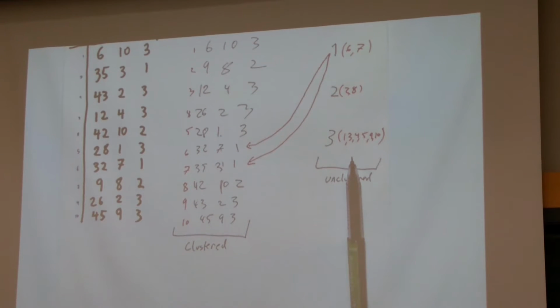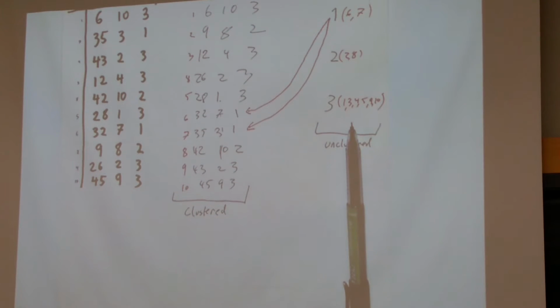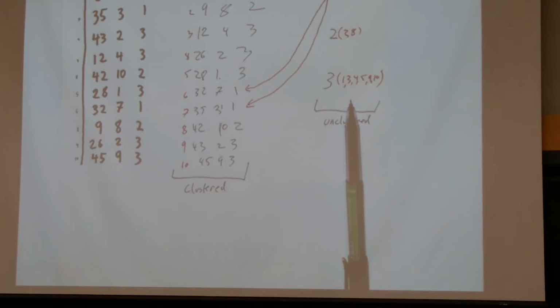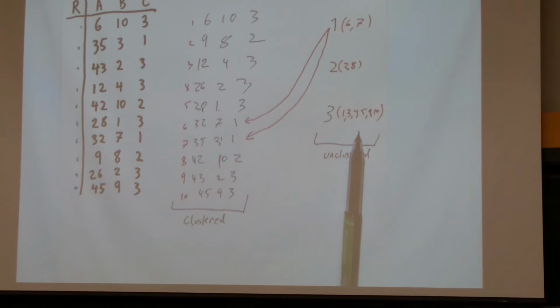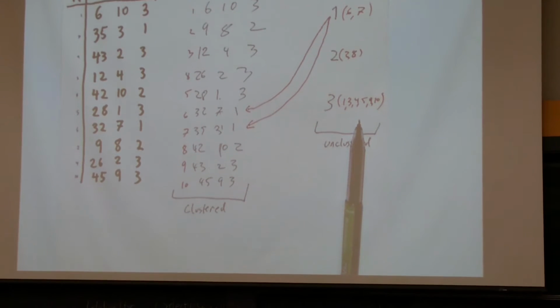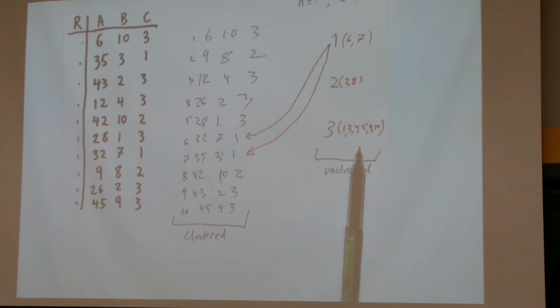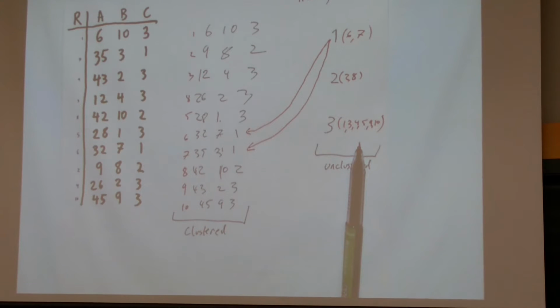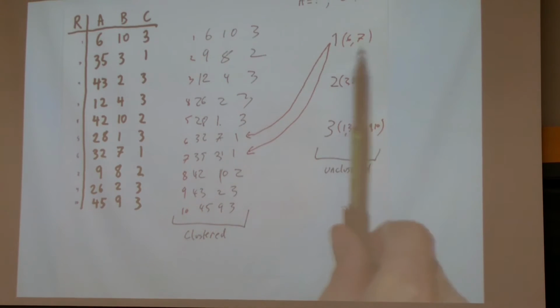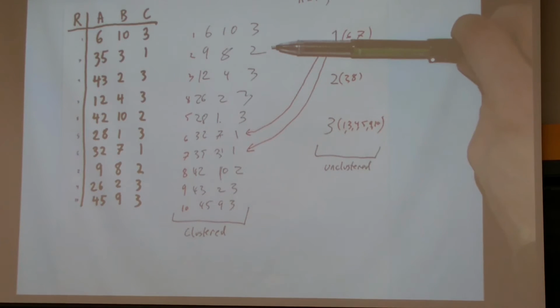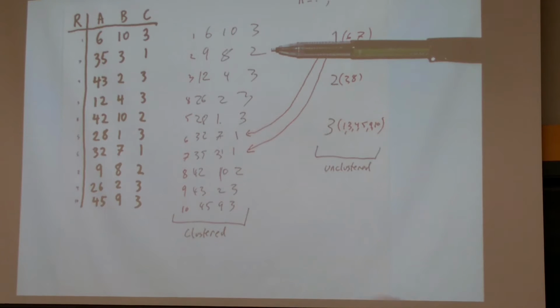It helps me locate my data, and I refer to it as an unclustered index because the data itself isn't organized in a way that matches the organization of this index. So if I want to find all of the values of 2, I have to jump